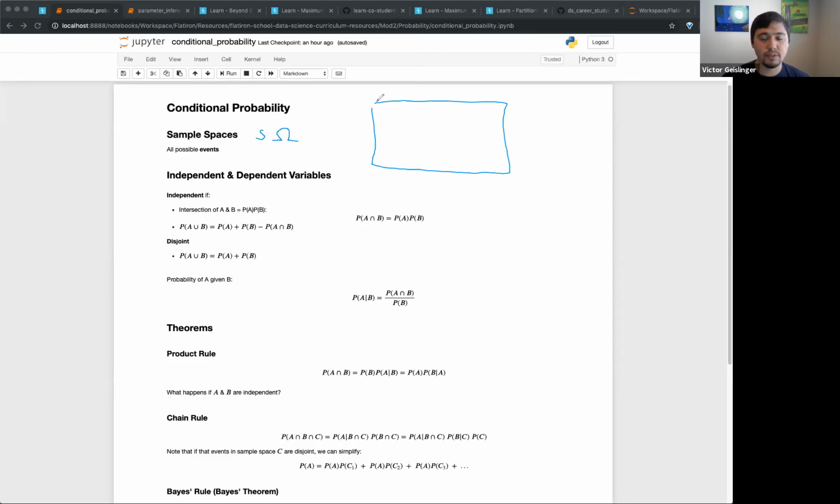But anyway, the sample space is usually represented as an area, and usually it's labeled as omega. Sometimes I've seen it as capital S. You can think of either one of those, and the curriculum uses omega particularly. Then you'll see a point in here, and any single point would be an event. I'll usually list it as E. Some people call it A or B or whatever specific event happens. You'll usually see a lowercase e for a specific event, or lowercase a, a specific thing that happened.